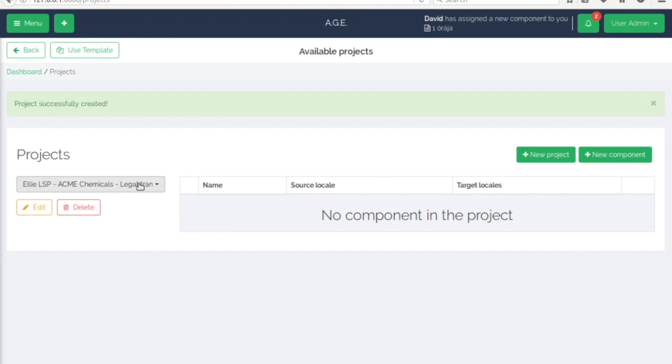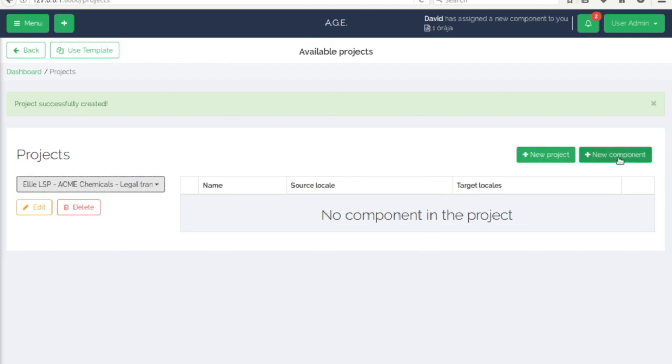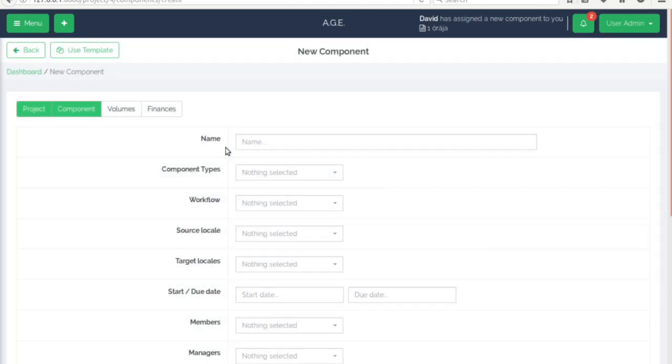So you have a project set up for the LSP and Acme Chemicals for legal translation. Anytime you get a new legal translation for Acme Chemicals from the LSP, you pick this project and you say you want to add new components. So let's say new component, and then you go, let's say this is safety